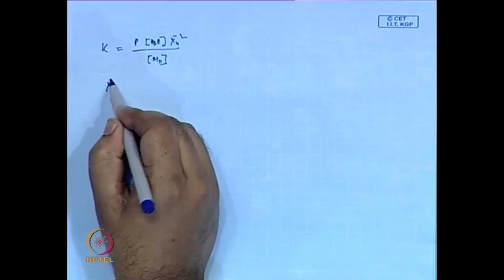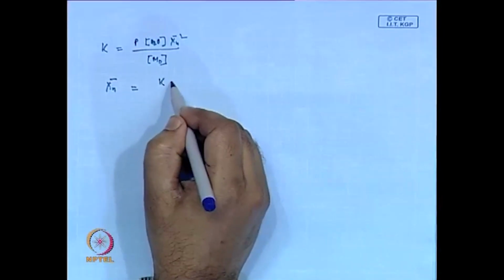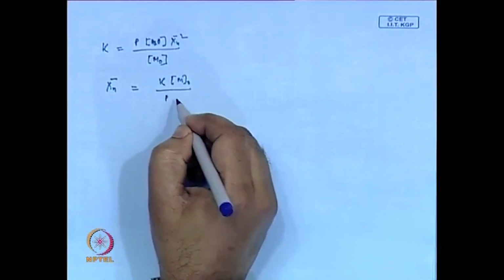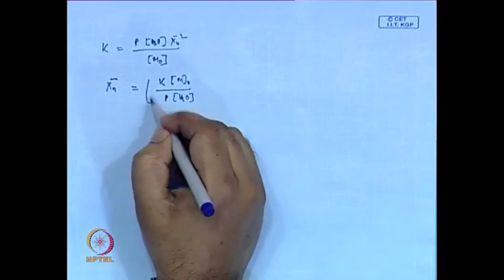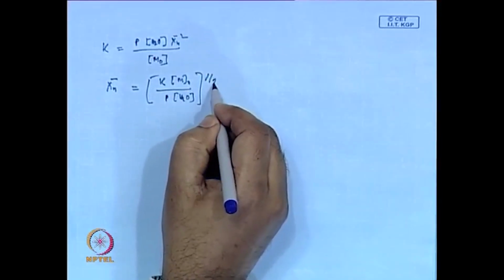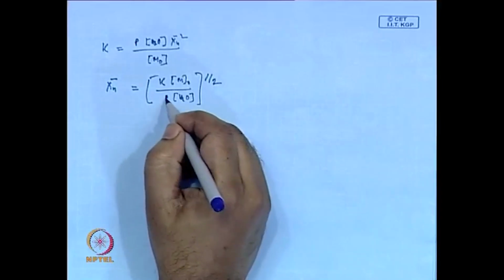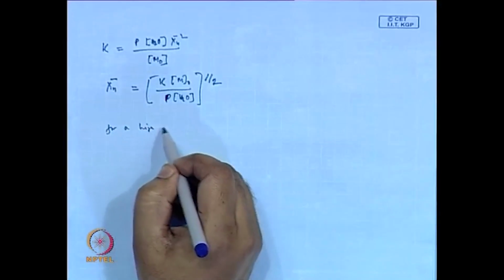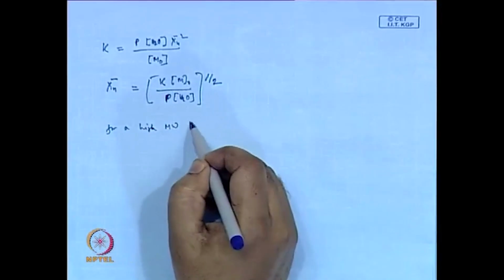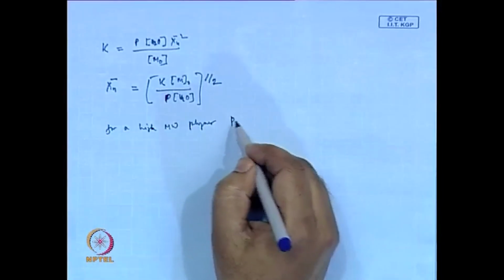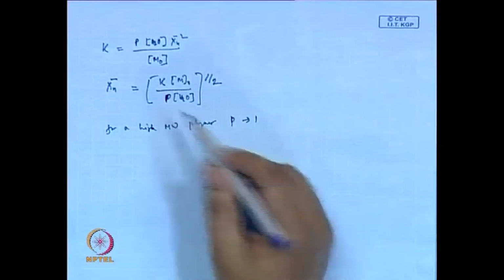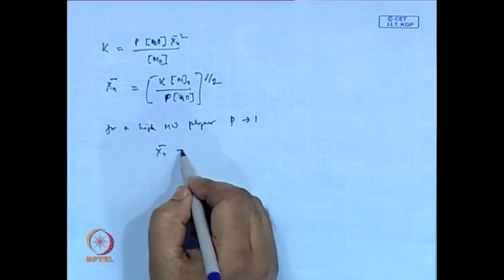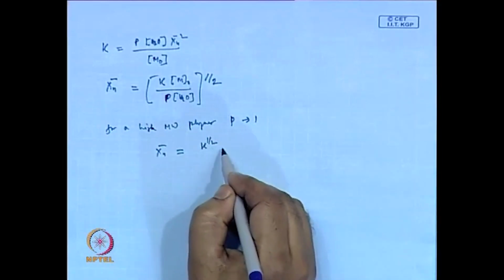Which means Xn. Now, in most cases, as we have learned by now, for a high molecular weight polymer, P is close to 1. So, we can ignore this for the time being, if the molecular weight is high enough. So, we can write